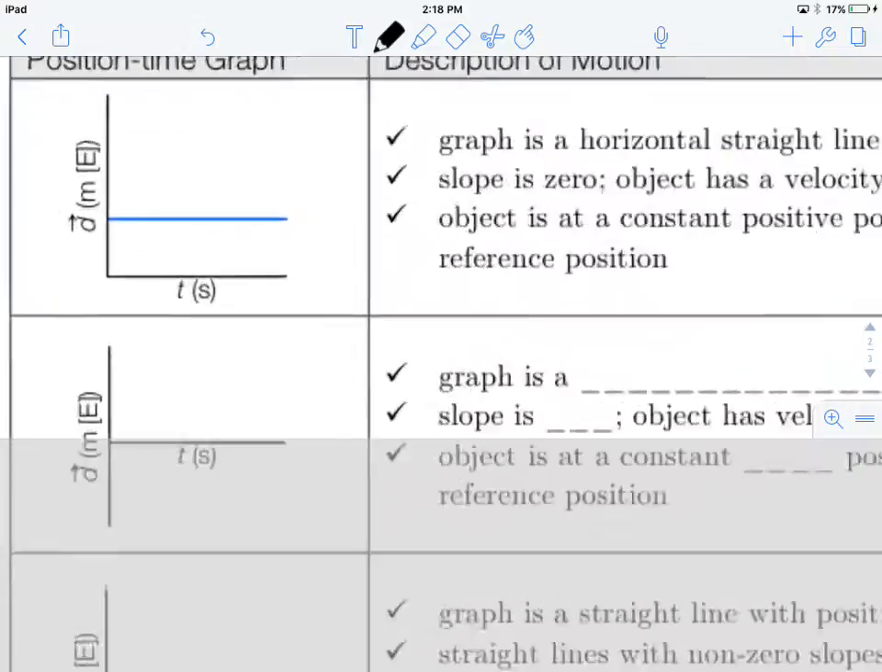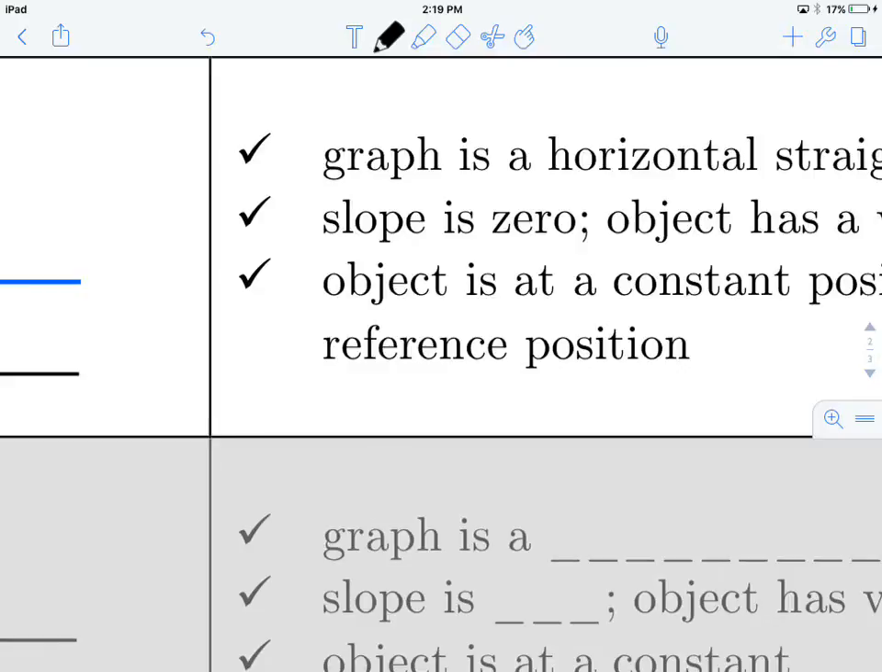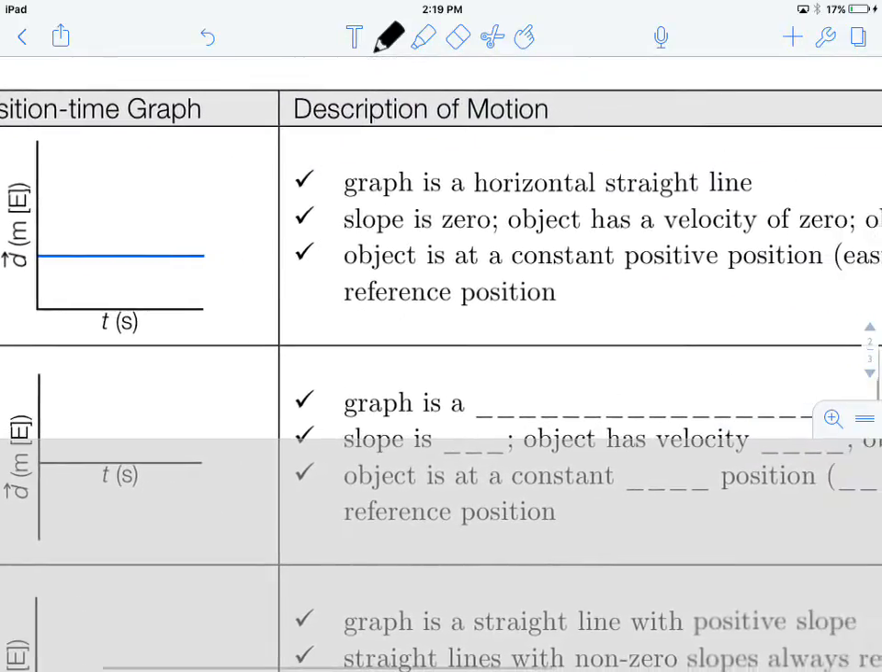So the first is a displacement time graph that looks like this, where we've got displacement up here and time down here. And we notice right away this graph is a horizontal straight line. So what this means is, as time ticks away, the position of this object is not changing. So this object is staying still, okay? So it's not moving. We can also look at this by saying the slope of this